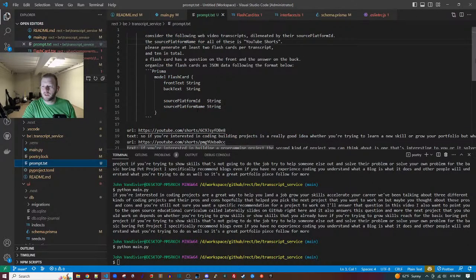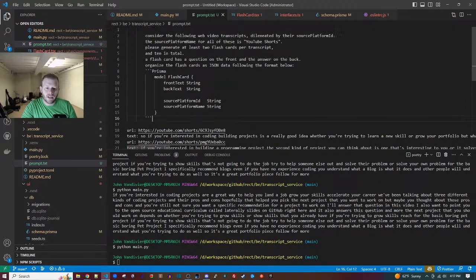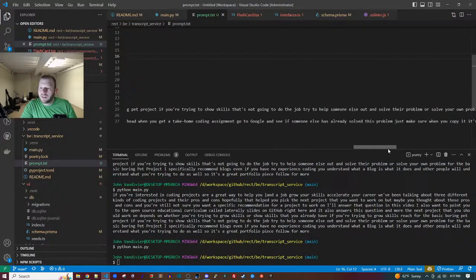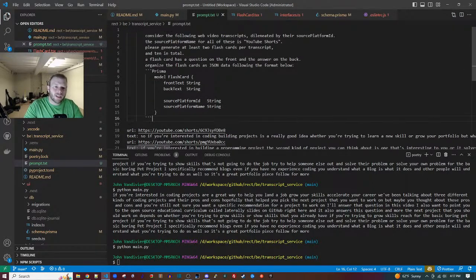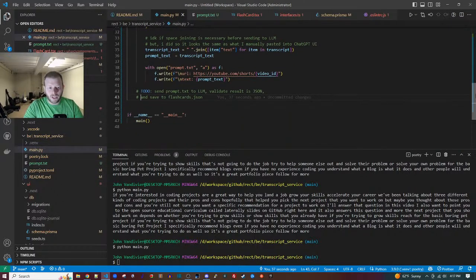We can look at this prompt. Consider the following. So it put the upper text and then URL text, URL text, URL text. Wow, that is so fast. That is just incredible. Okay, so we got our TXT. This is data engineering, isn't it? I think it would fall in that category. More so once we actually start cramming it into the database. But this is data engineering, y'all.